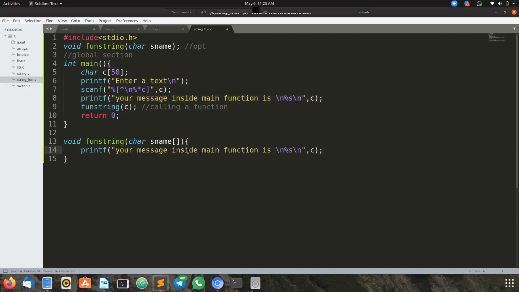In a similar way, I'm going to print the message: your message inside function string is. I'm going to save that in the variable name sname, so I have to use that while printing.